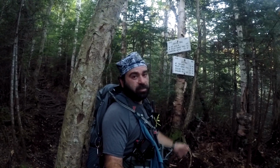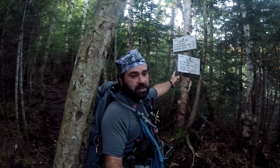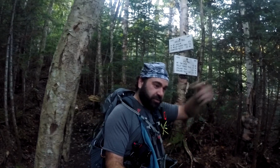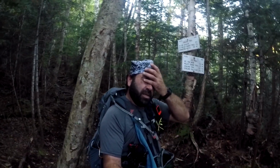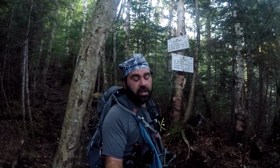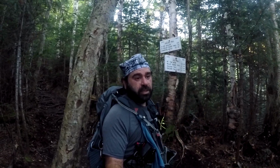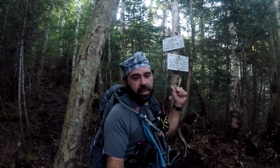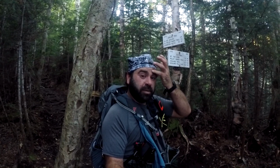So this would be a great loop if I wasn't going to Zealand, to go out by the Zealand hut, down Ethan Pond and then back up over the Wiley Range, or vice versa. That was my plan originally, till I found out my friend was going to do the Bonds. Actually, two friends, and they're gonna have a car. They car spotted, so there's a car over on Little River Road, and then they have one at Lincoln Woods, and then mine's down here at the depot. So I'm gonna meet them on